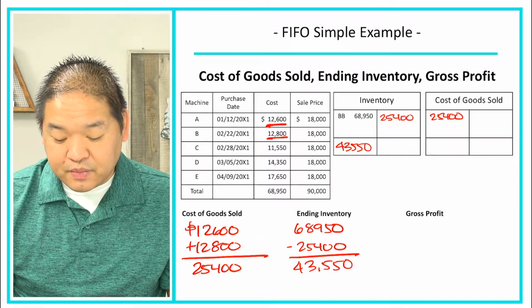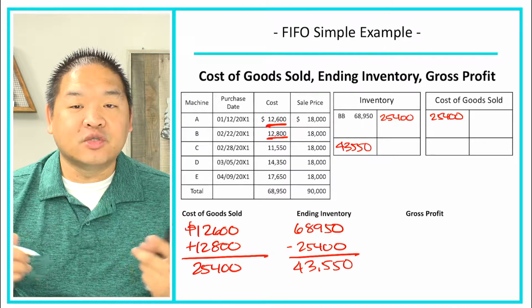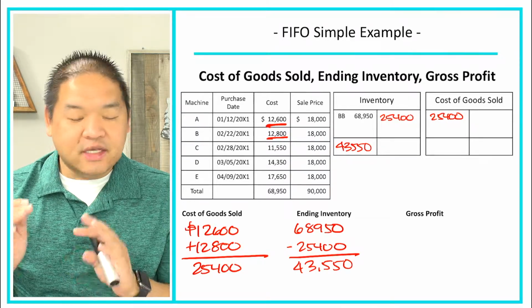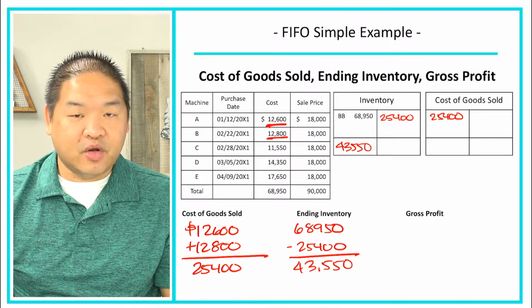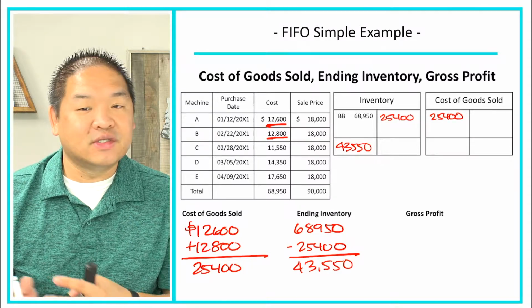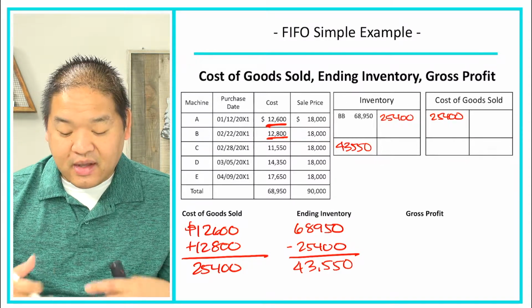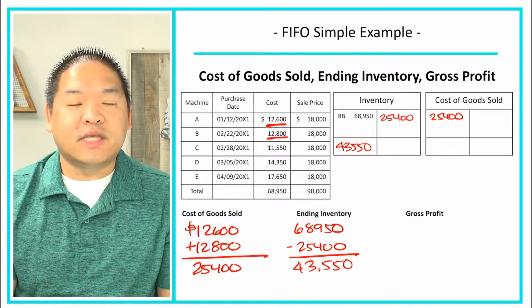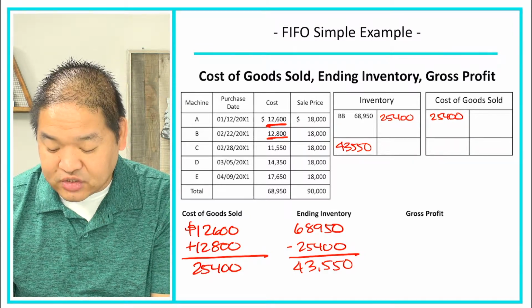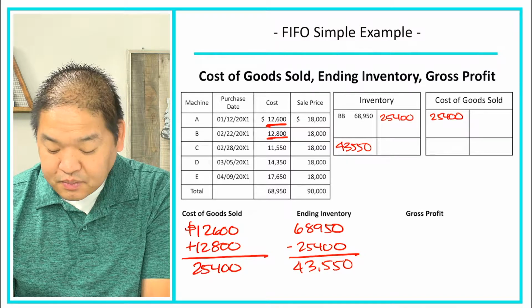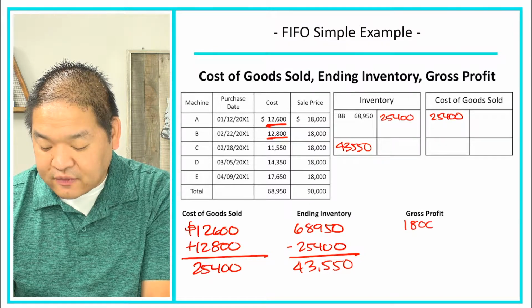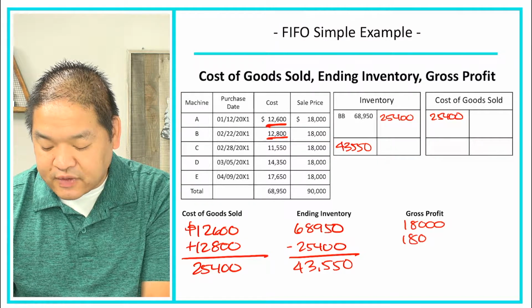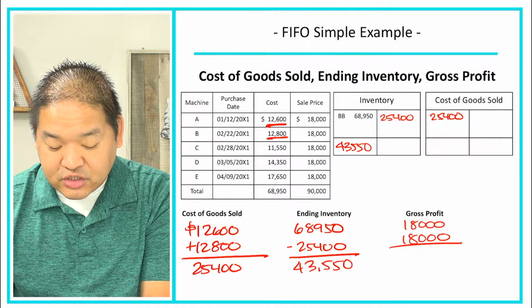So my revenues would be the sales price. In this case, the sales price is the same, and it's the same on purpose. So it's $18,000, and it doesn't matter which one we pick. It could have been from B or D or A, but we sell them all at the same price. So if I sold 18,000 for one machine and 18,000 for the second machine, that means I had total revenues of